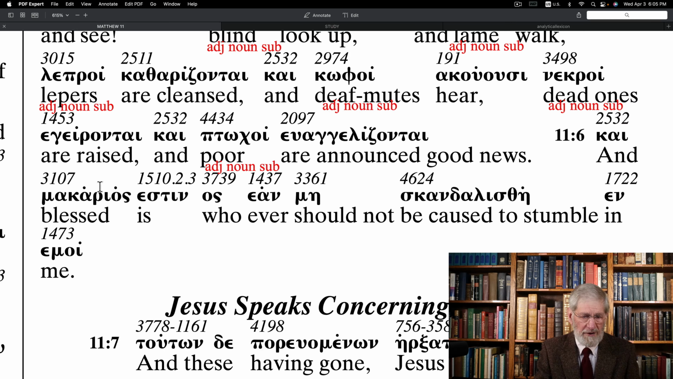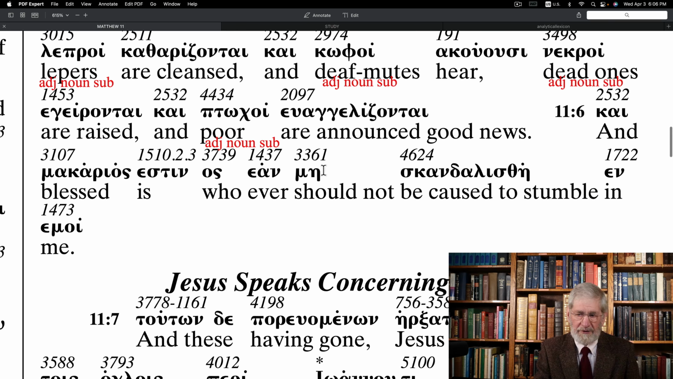Makarios, istin. Whenever you see that type of structure with no accent, when it has two vowels. So Makarios, he says, is the one os ean me skandalisthi en emi, who would not be caused to stumble in me. Now this is our key word that we're going to study a little in